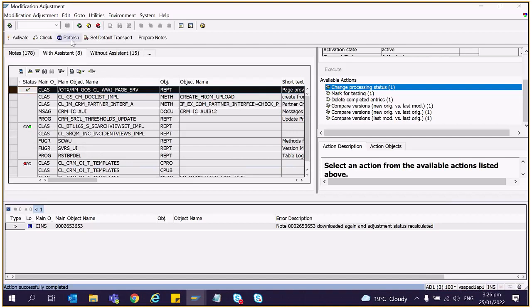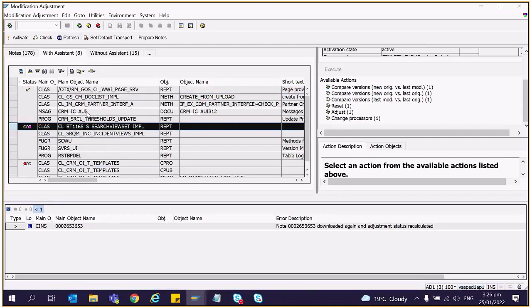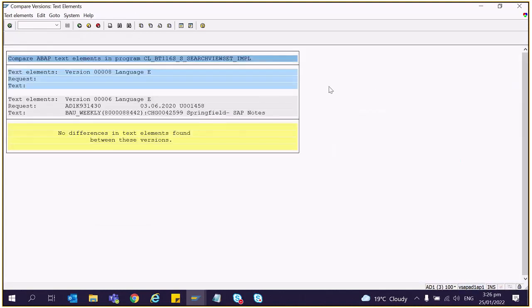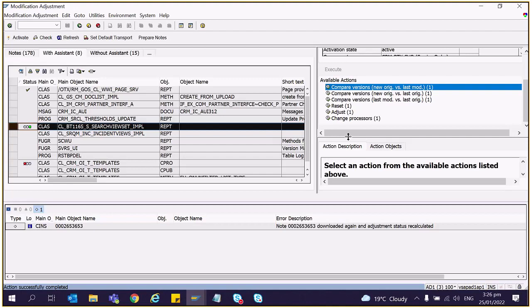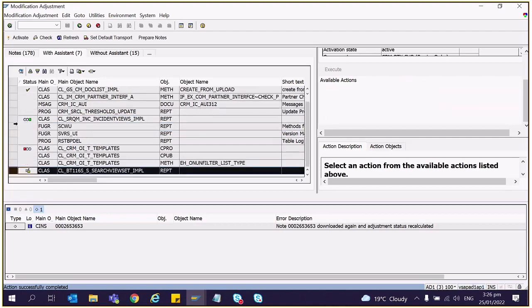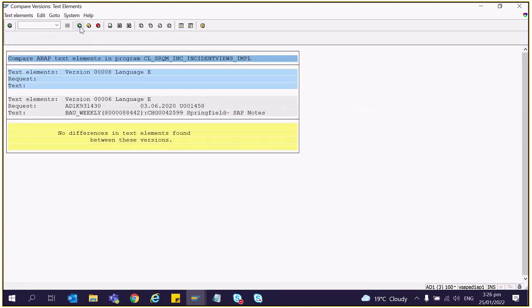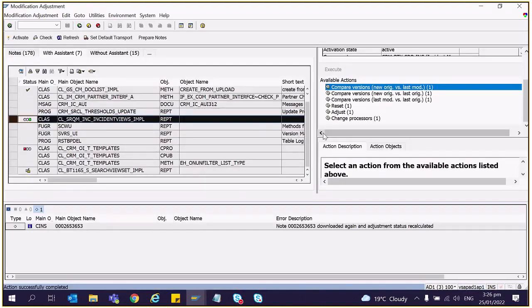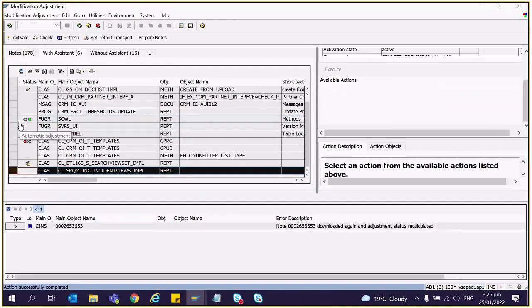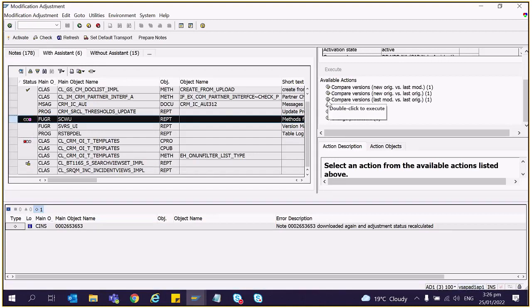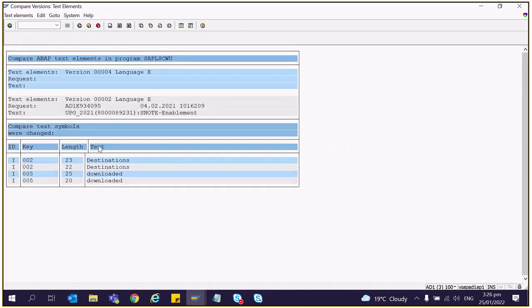So did you see that? In automatic we don't have to do anything, the system just takes care of everything. So here, there's no difference in this, so we'll just do a reset. Here two text symbols were changed, but just